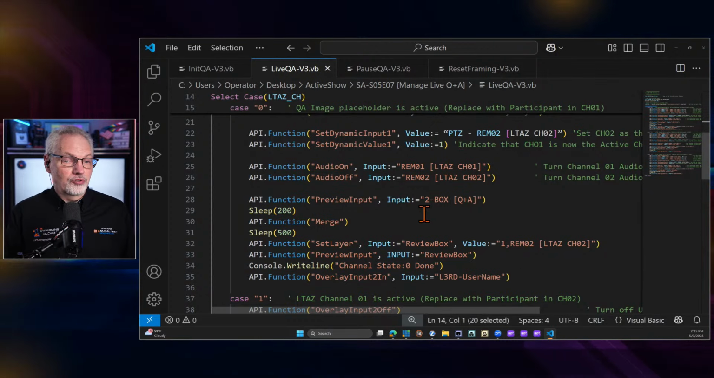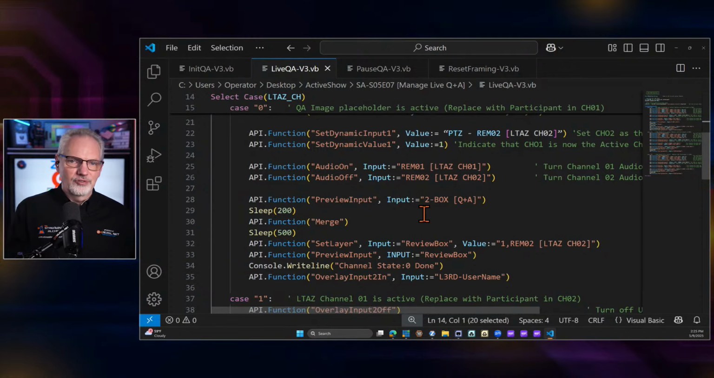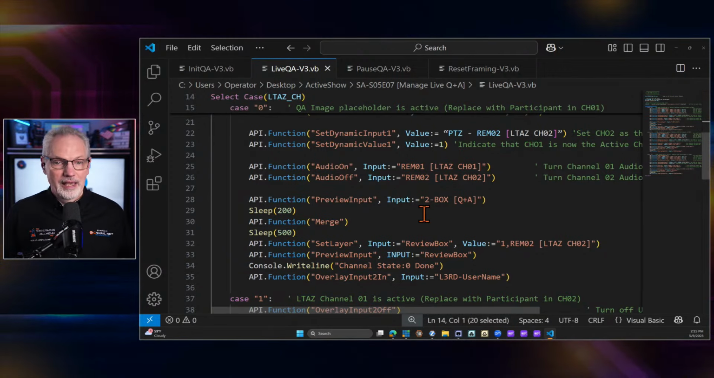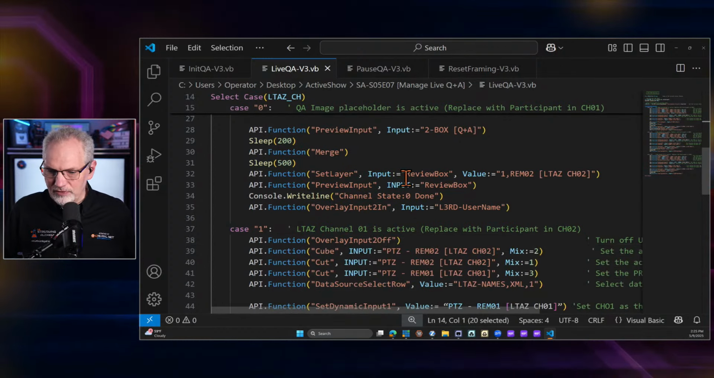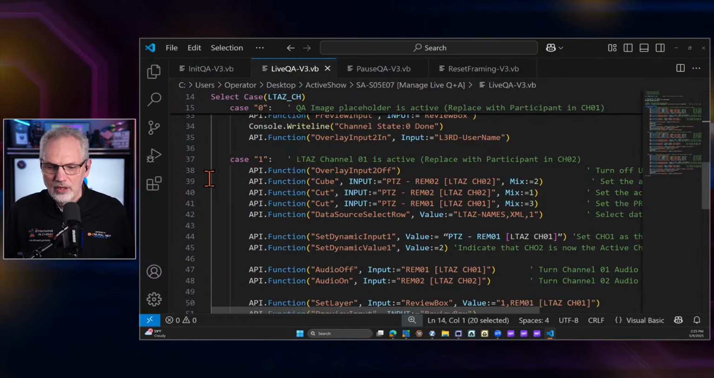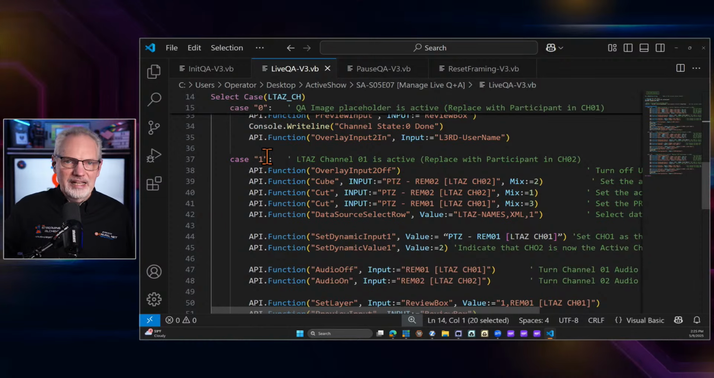So that is our initial state. That's when we see just the host and then that first guest slides in. After that, we're doing a lot of things that are very similar, so we don't have to go over it in great detail. But what we're doing here when it's case one,